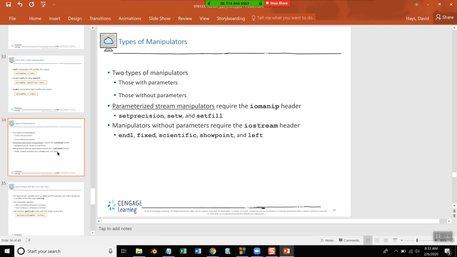Types of manipulators, two types. Those with parameters, those without parameters. Set precision is one we pass numbers into. Set width we pass numbers into. We didn't do set fill as an example, but they gave one. But that would be two. Ones where you don't put the parentheses are fixed, scientific, show point, left, and of course endl. Right should be in there too, but